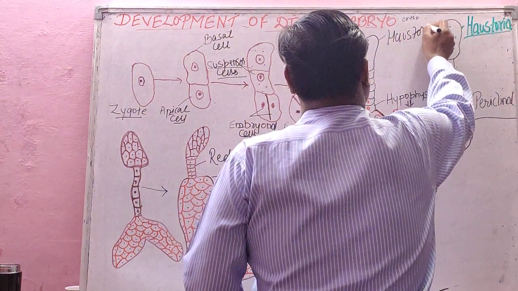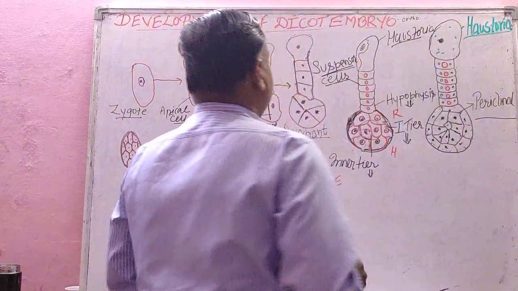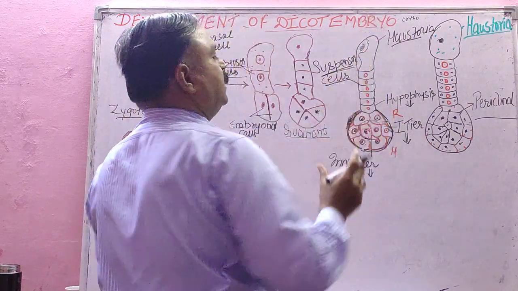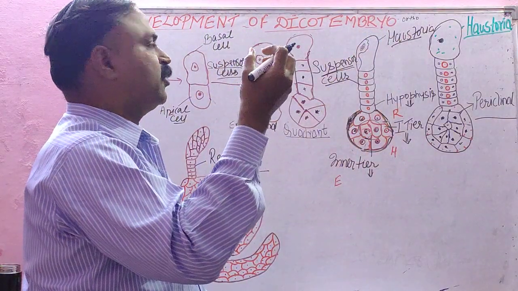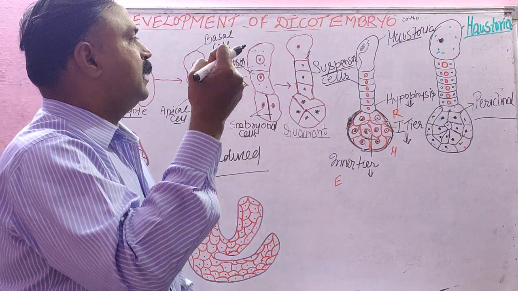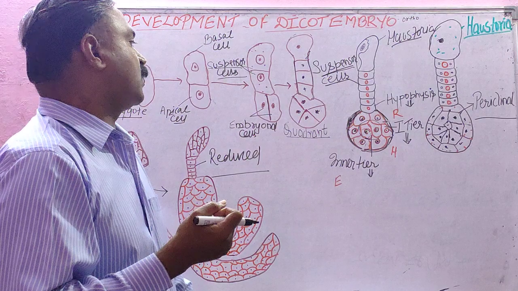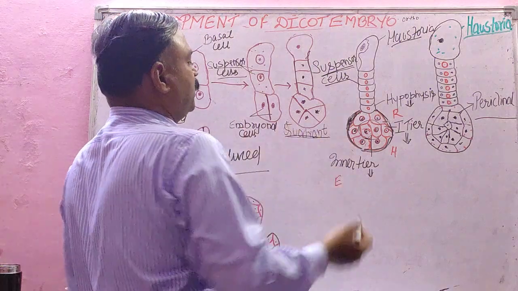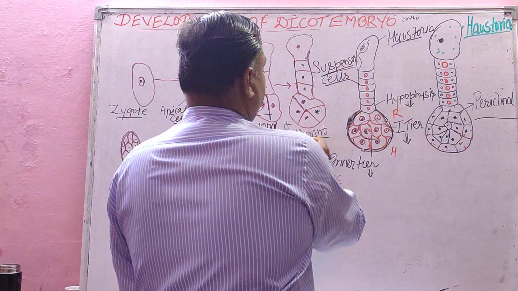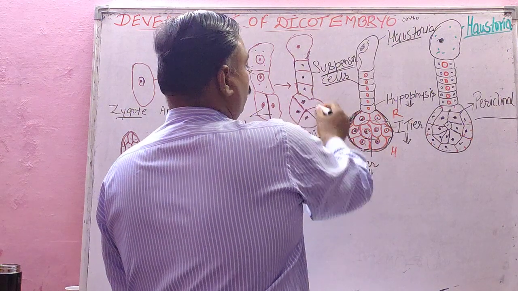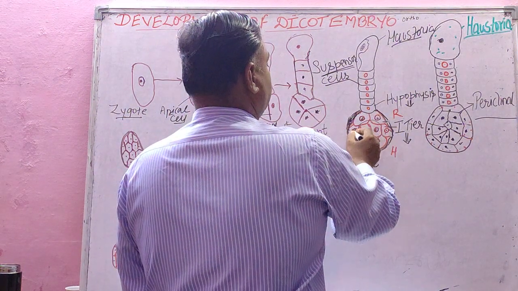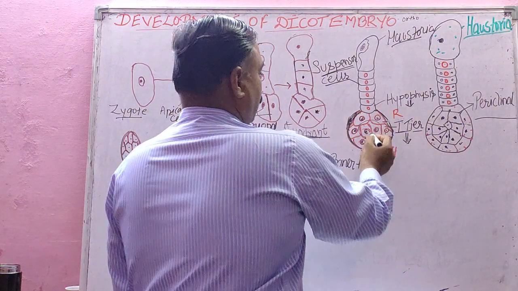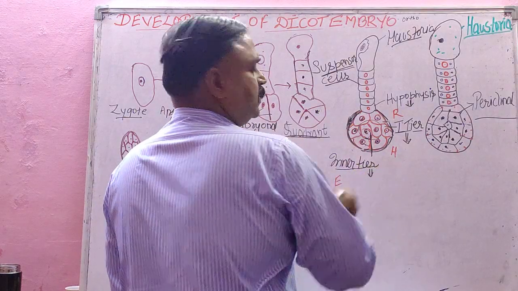It becomes haustorial cells or haustoria, and these suspensor cells try to push the haustoria inside the endosperm for absorbing nutrients. Now in the next step, these quadrant cells, which were embryonal cells earlier, will again divide periclinally to form 4 to 8. 1, 2, 3, 4, 5, 6, 7 and 8, giving rise to 2 tiers. This is the outer first tier and this is the inner tier, isn't it?